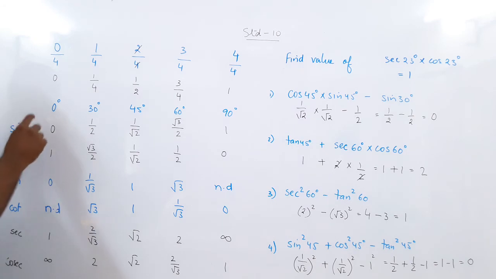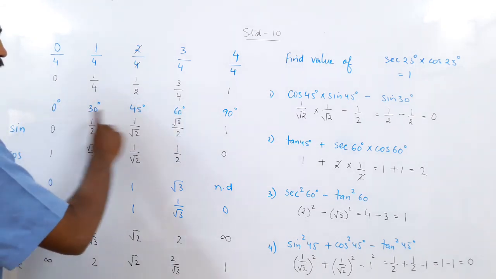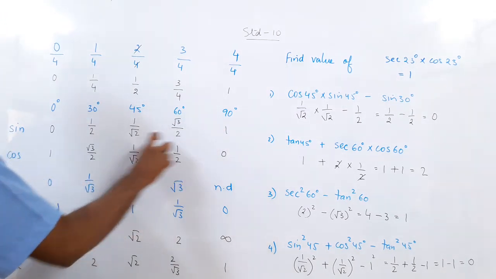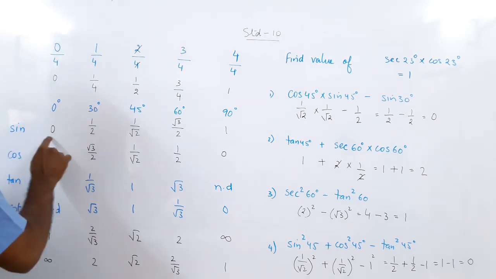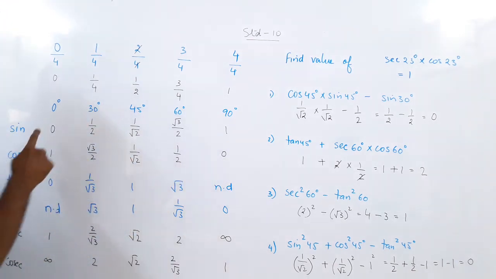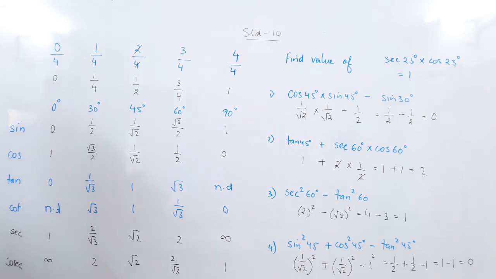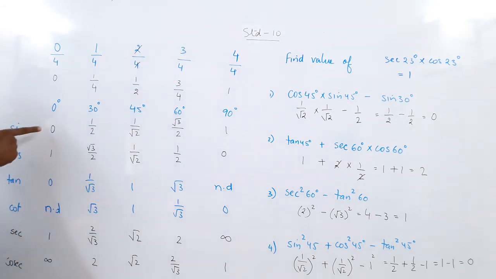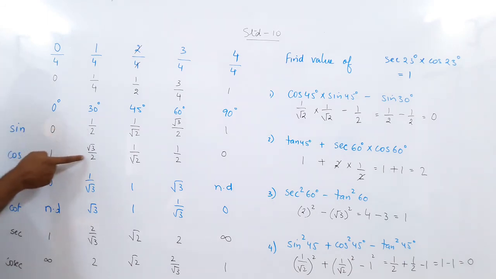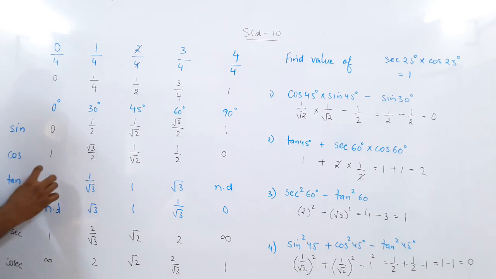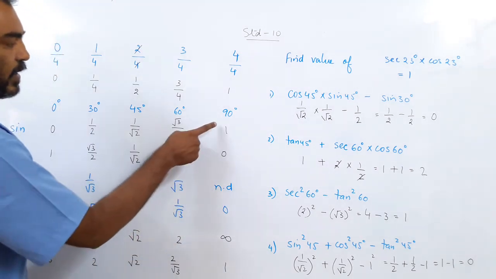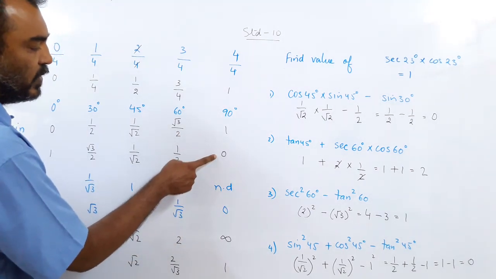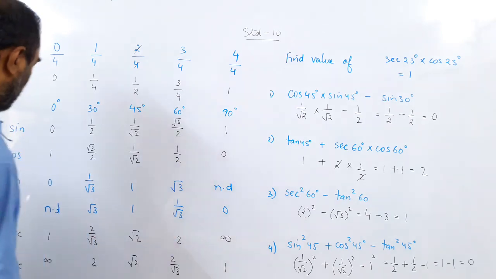Now you saw as the angle increases, the sine is increasing and the cos is decreasing. So we wrote the sine, and we wrote the cos as the reverse of the sine. Now for tan, which formula do we use? Sine upon cos. So I divided 0 by 1, I got 0. I divided 1 by 2 by root 3 by 2, the 2 got cut, so 1 by root 3. In this way I found the tan. And here 1 upon 0 is infinity, or not defined.